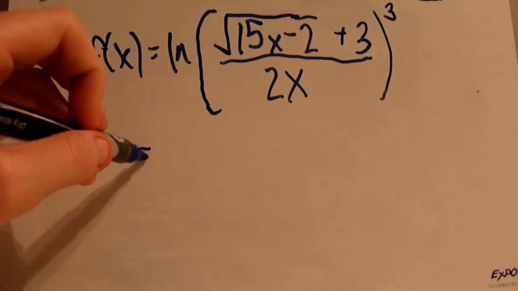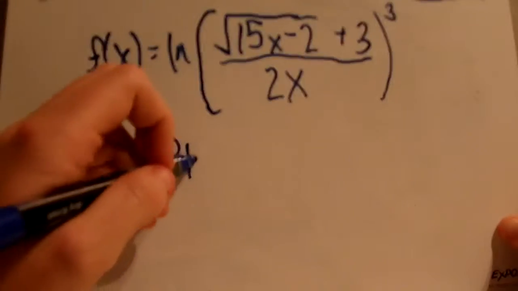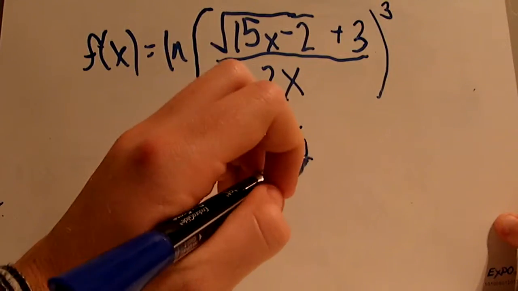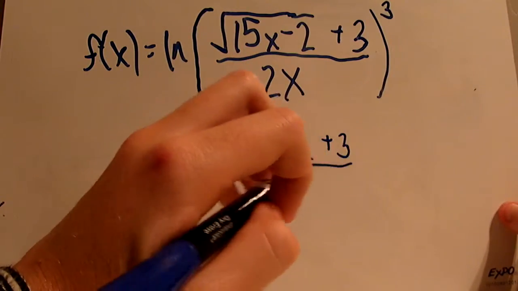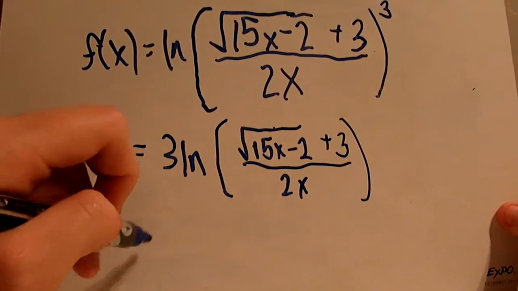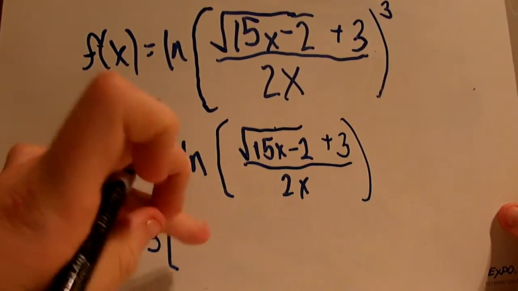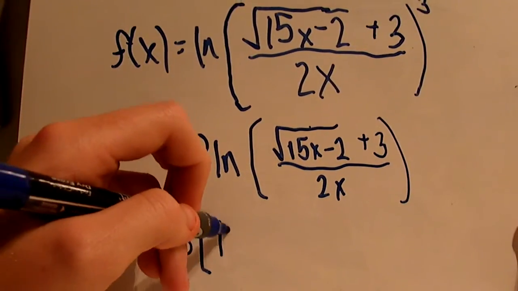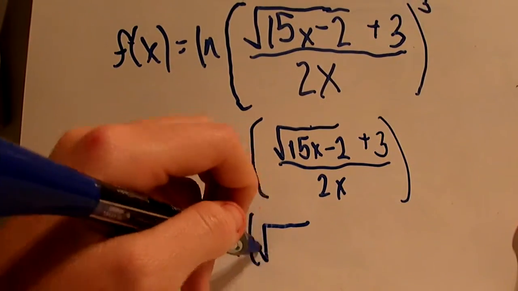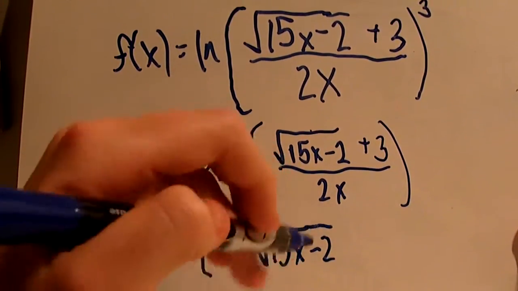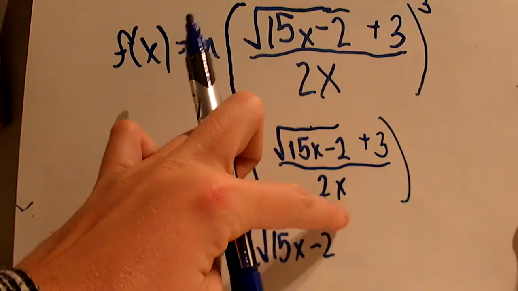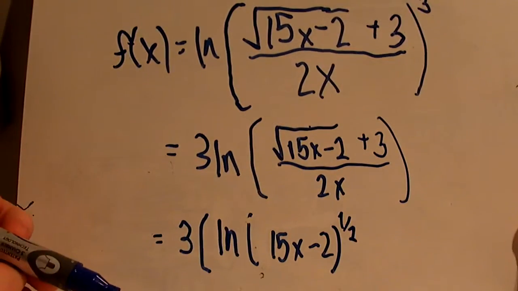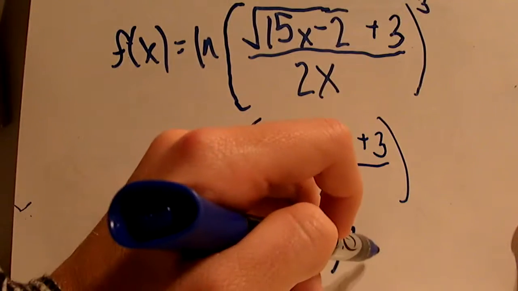So now I'm going to show you a common mistake with these larger problems involving logs and natural logs. So first you move down the 3 into the front of the problem, which is simple enough. Then you start to separate it, and you get ln of rad 15x minus 2, or this can also be written as 15x minus 2 to the 1/2 power, which is pretty convenient for this type of problem, plus